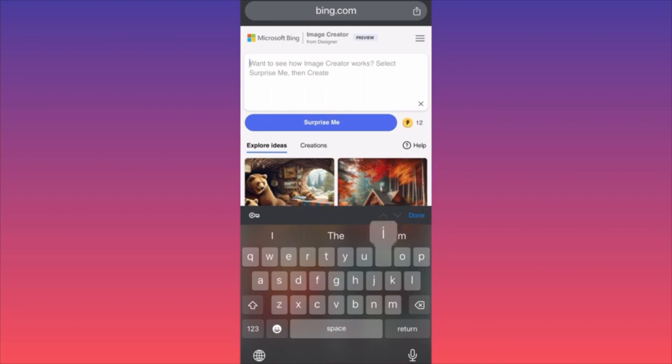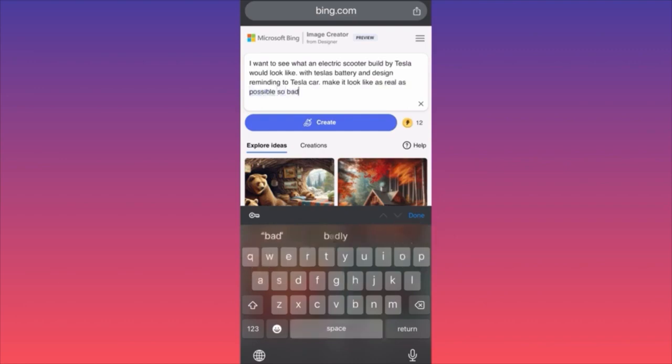So for example, I say I want to see what an electric scooter built by Tesla would look like, with Tesla's battery and design reminding of a Tesla car, make it look as real as possible.